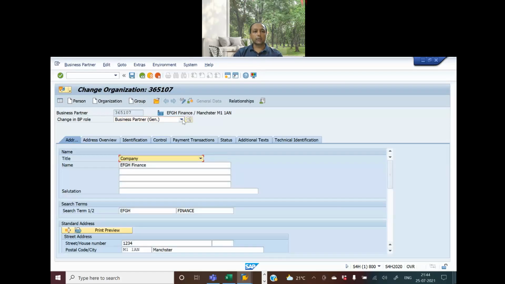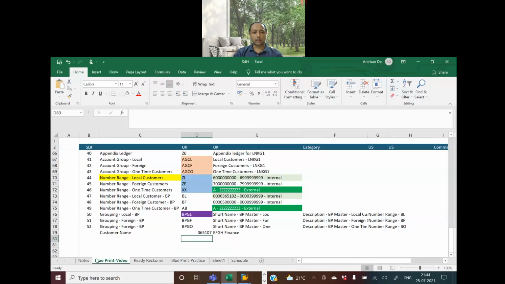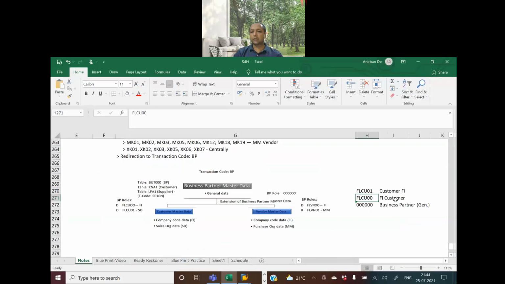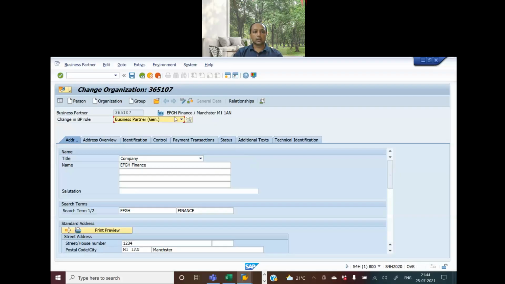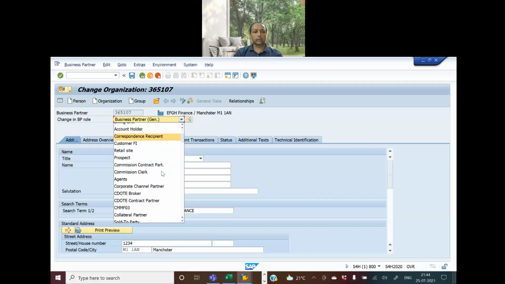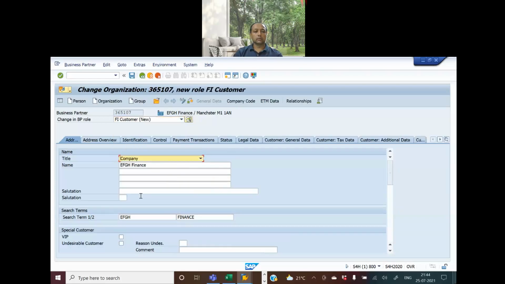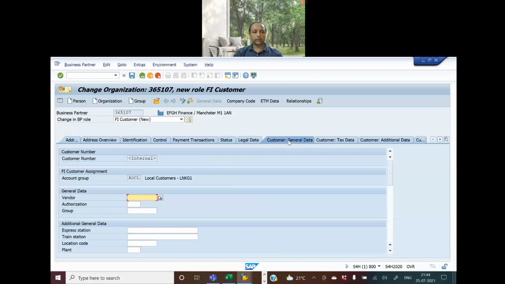Now what I'll do is that I'm going to select change the role, and as I mentioned, it should be corresponding to FLCU00, which is FI customer. So I go here and I select FI customer. Okay. Now with that, and now if you go to this customer general data, you see this